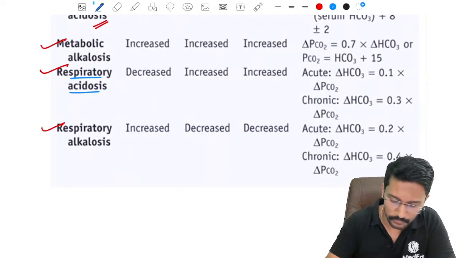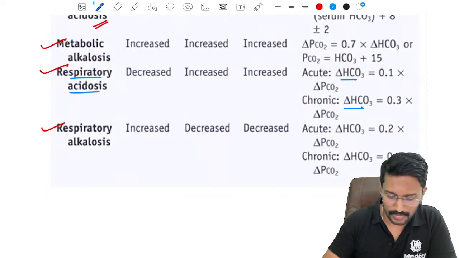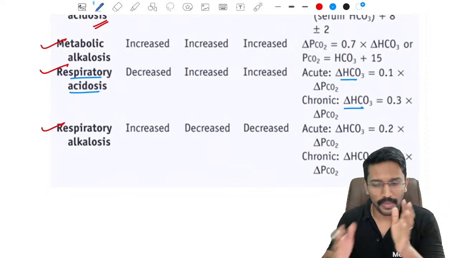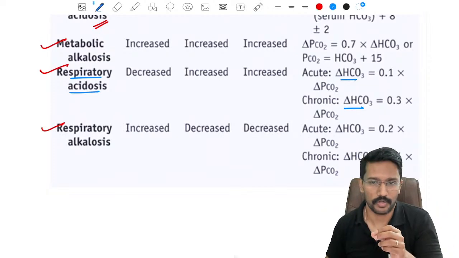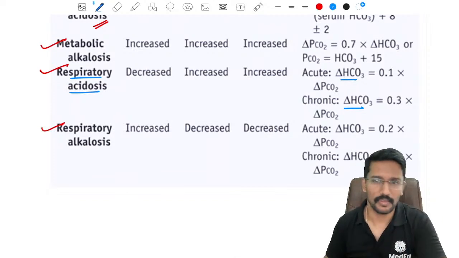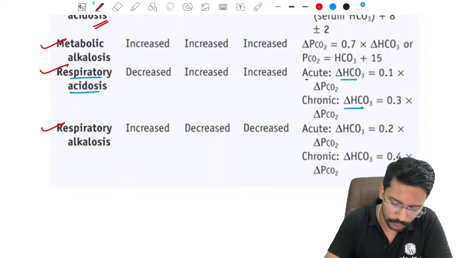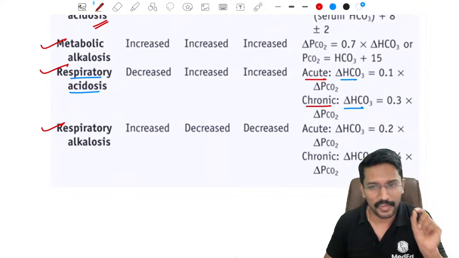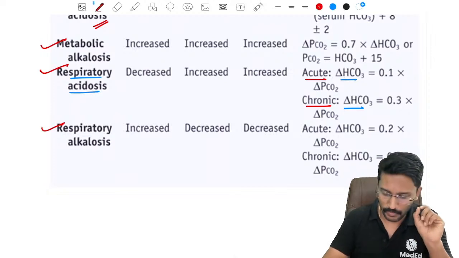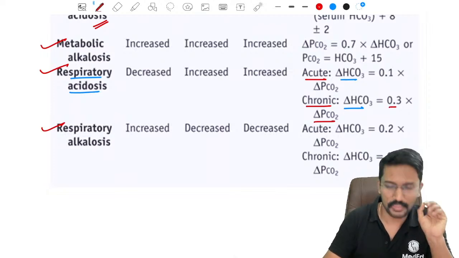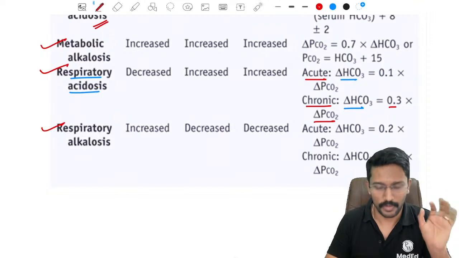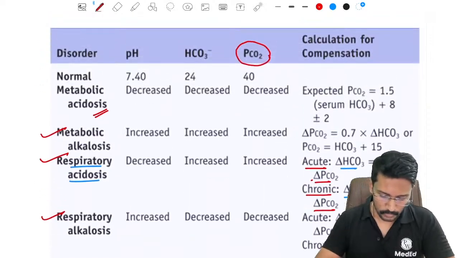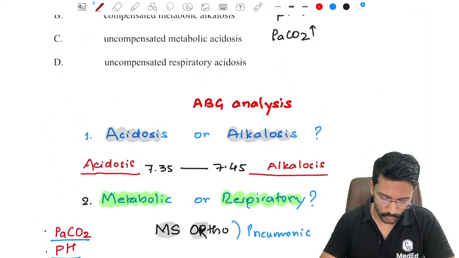So for that we have formulas to calculate delta bicarbonate. What is delta bicarbonate? Delta bicarbonate is the expected rise in the bicarbonate. Delta means change. We have two formulas here for acute and chronic. So if the respiratory condition is acute, expected rise in the bicarbonate will be 0.1 into change in the PaCO2, and if it is chronic, 0.3 into change in PaCO2. Okay. So going back to this question,